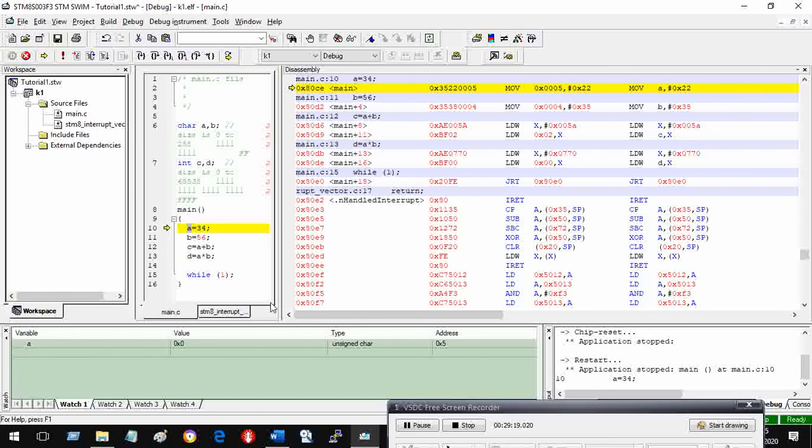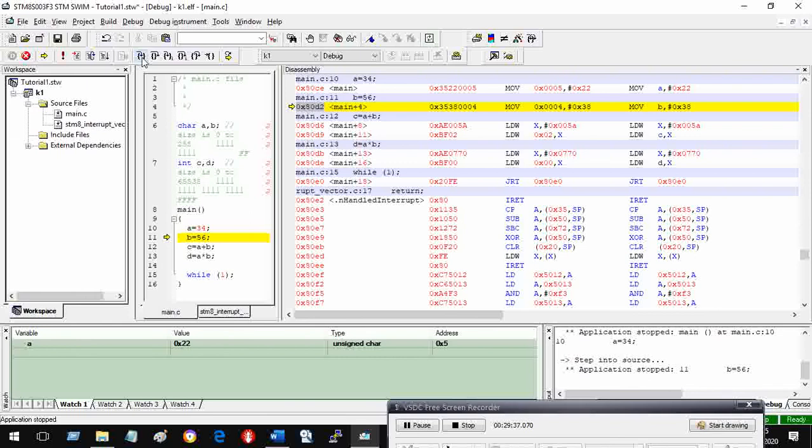Now let us go to the next step, and you will see this. You will see that this cursor will also move to B equal to 56 to this location. When I say go step into, it has stepped into, it has moved one step, and then it has gone to B equal to 16. This is the address here, and this is the statement. And you can see here, this is B, and its address is 4. Let us see whether it happens like this.